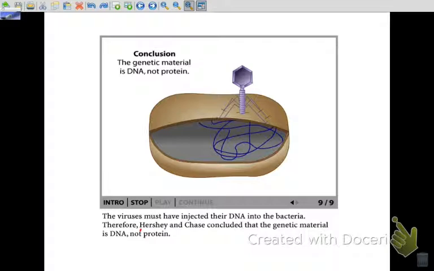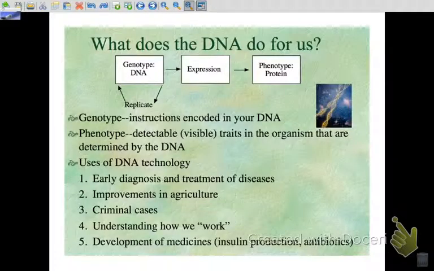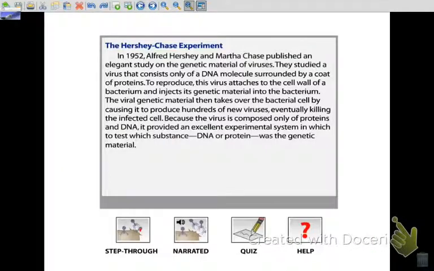Go to the next one. Any questions on that? Under your